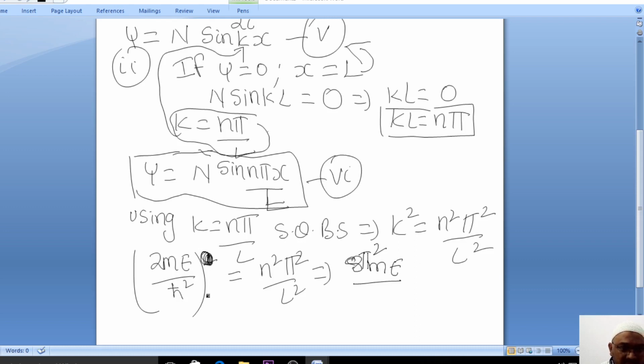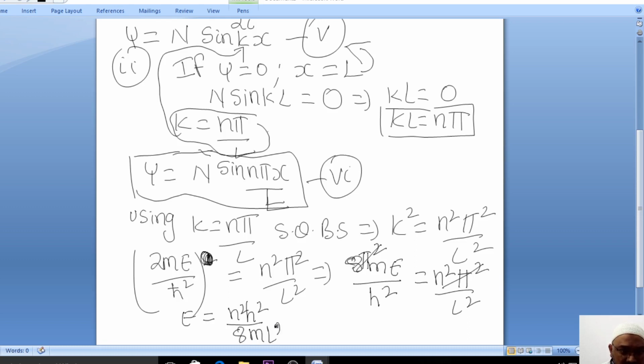So 2me by h bar square will get you 8 pi square me by h square, which is equal to n square pi square by L square. Now this is the value we got. So here what you will do is that pi square and pi square value get cancelled. So we want to evaluate the energy of this particle, right? So here E is equal to n square h square by